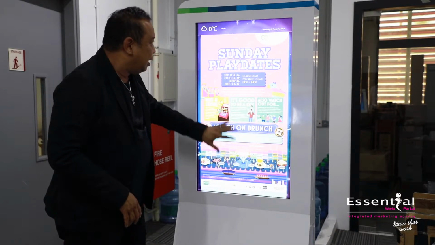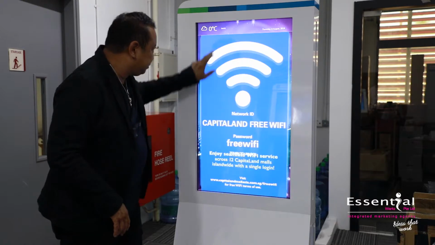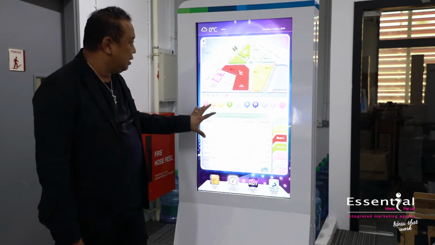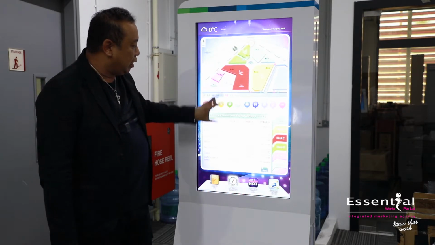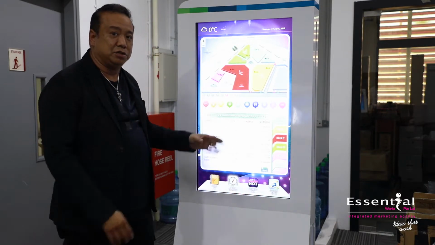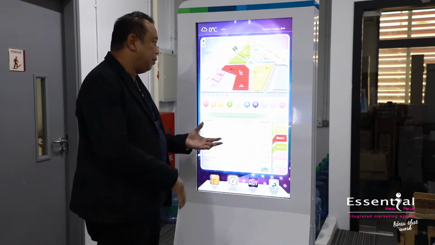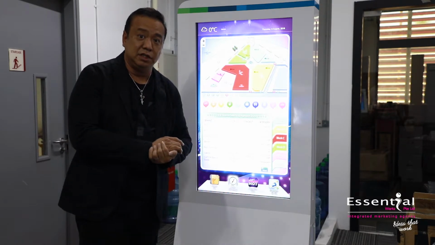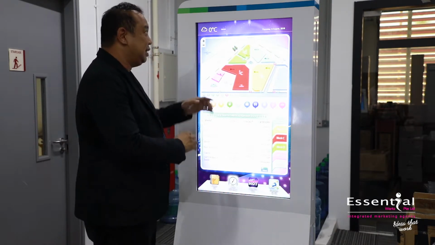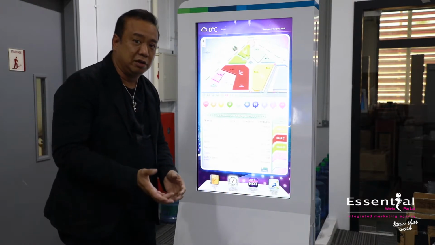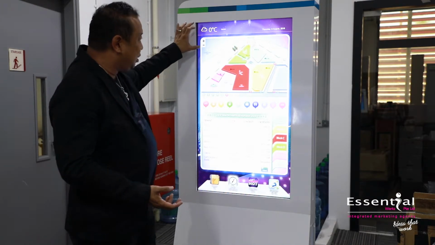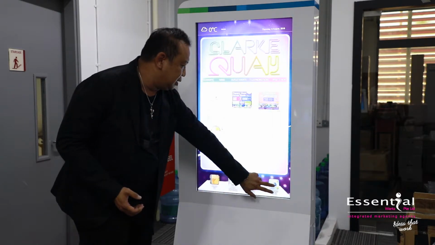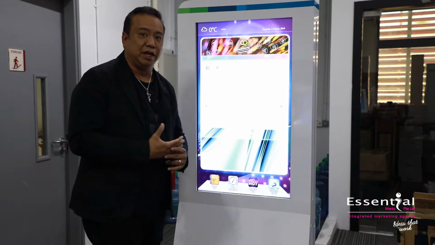Now on top of that, other than it being a wayfinder, which showcases all the tenants, showcases where to go, it's also a panel that shows you all the transportation drop-off points and pick-up points. Alright, and we also included features such as the flight details, the airline details. So just in case you need to catch your latest flight, we know the traveling journey, including the temperature and the date. Okay, and some of the promotional activities,